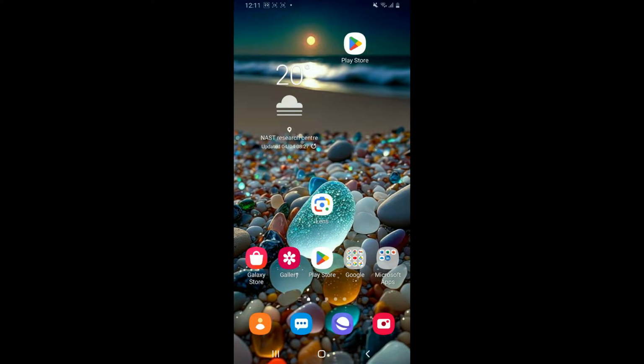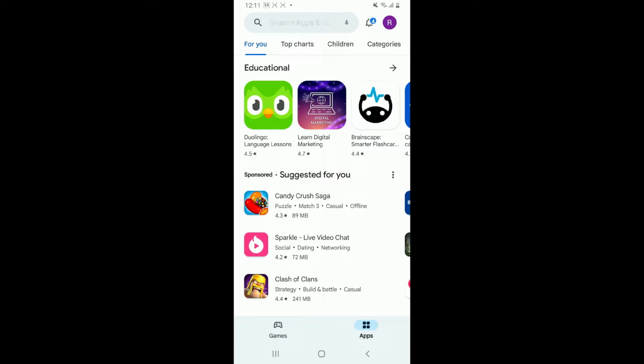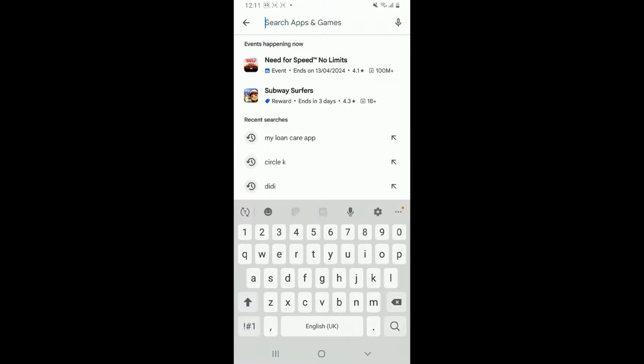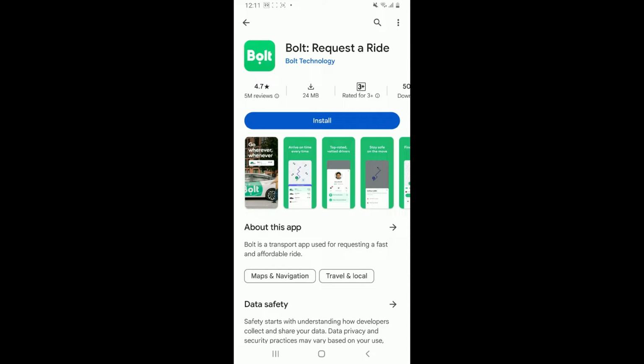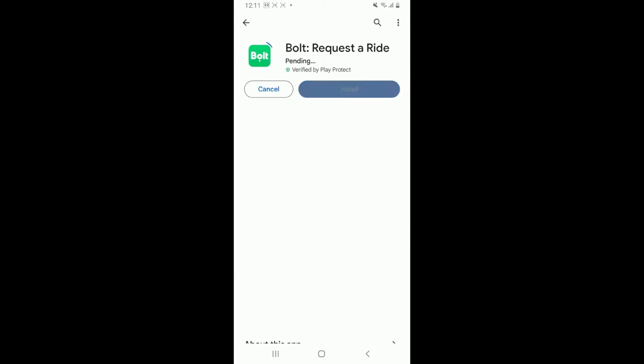First of all, to get started, open your Google Play Store. Once you open it up, go to the search box at the top and then type in Bolt. Once you request a search for it, go ahead and tap open the Bolt Request a Ride application from Bolt Technology. Make sure that the app icon looks like this and then tap on Install to start downloading Bolt on